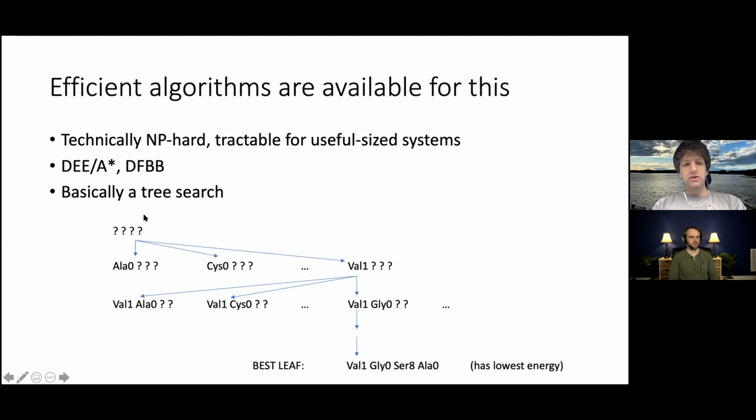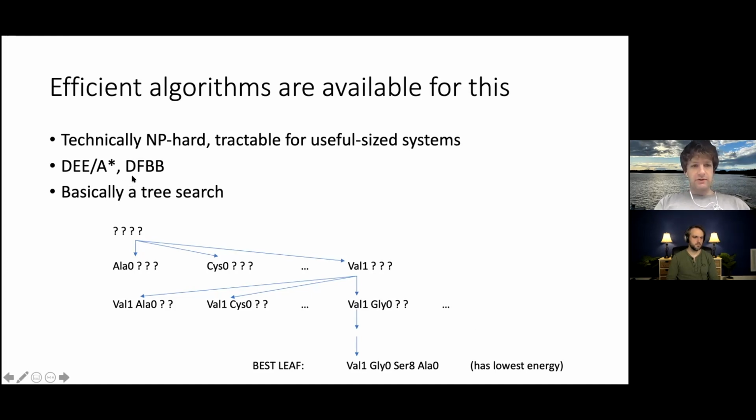So at your root node, you don't know anything about R. And then maybe you can split that node and you get all the possible options, all the possible rotamers. If you allow all 20 amino acids, which you don't always want to do, but if you do, then probably you got a couple hundred rotamers. And so you get all these child nodes, and then you can split those. And then the algorithm will tell you which nodes to split and expand, the next residue down the line, until you got them all.